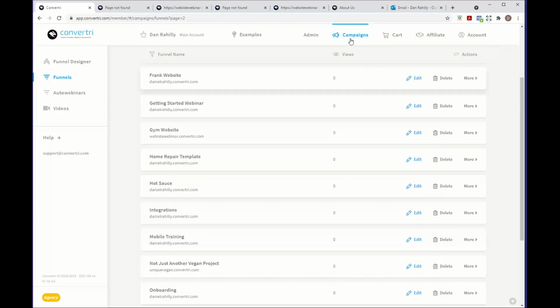Chuck's asking about using WordPress and Convertri, so we can go through the few options that you've got there, Chuck. The easiest and best way is going to be the WordPress plugin. That will allow you to display your CVT pages on WordPress. And that's probably the best option if you want everything on the same domain. So let's say you've got your WordPress site and your domain set up there, and you've built pages in Convertri and you want them to be all on the same. You can do that, but it is going to be slightly slower. You're going to lose a bit of the Convertri speed because it will load WordPress first and then the Convertri pages. You need to use the WordPress plugin for that,